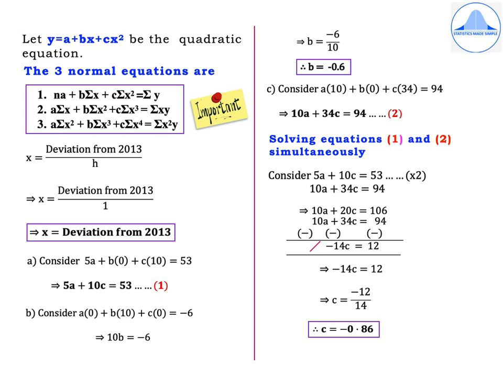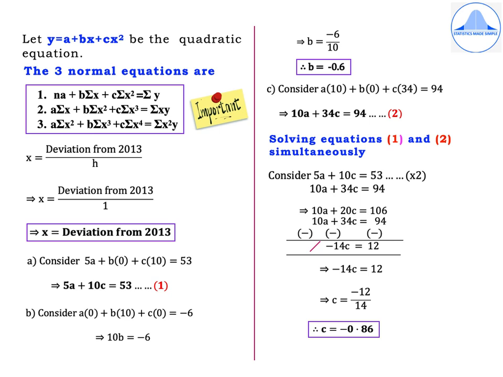So you'll see that in fitting of a straight line, we get summation x is equal to 0, and in fitting of a quadratic equation, both summation x and summation x cube will always be 0. And x to the power 4 is 16, 1, 0, 1, 16, which gives summation x to the power 4 equal to 34. The xy values are -20, -12, 0, 10, 16, which gives summation xy equal to -6. Similarly, x squared y values are 40, 12, 0, 10, 32, which gives summation x squared y equal to 94.